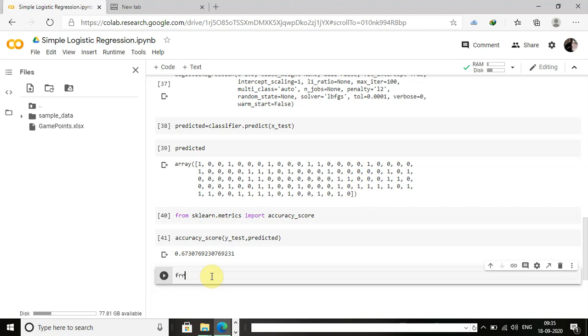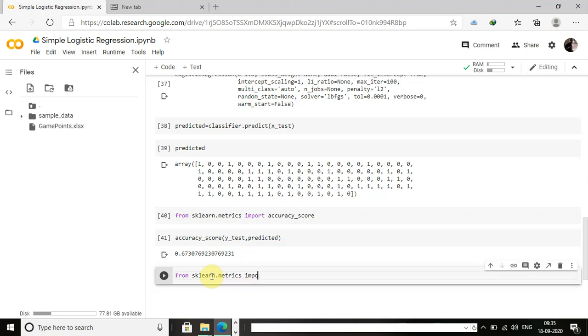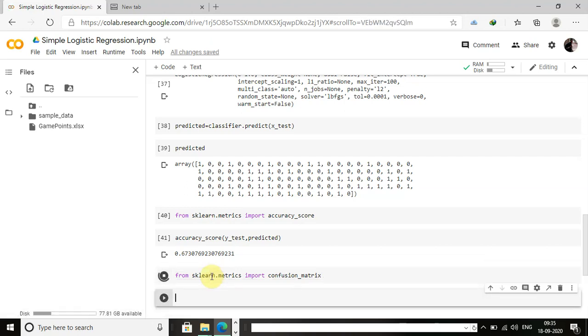So for that we are going to import a package from sklearn.metrics import confusion_matrix. Now we are going to pass the actual value and predicted value like accuracy score.